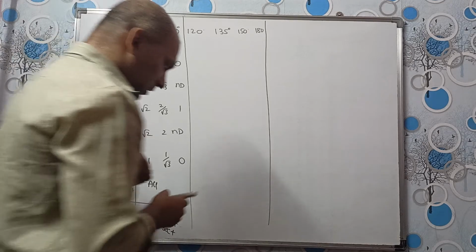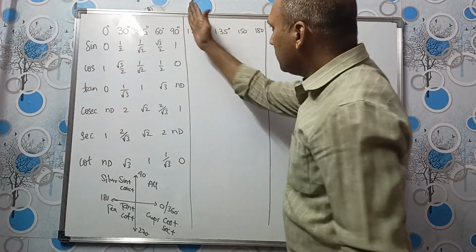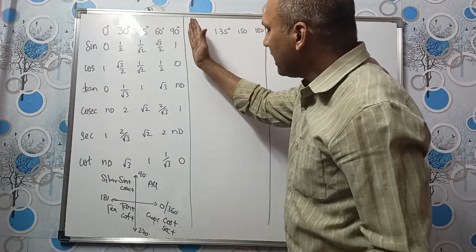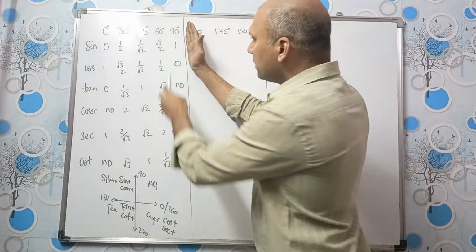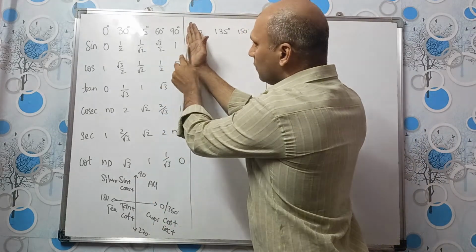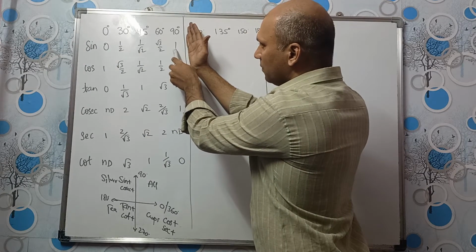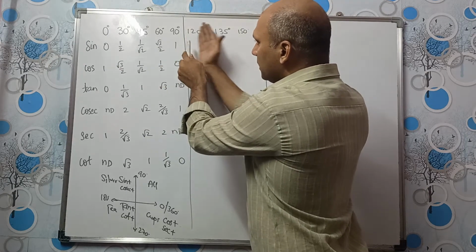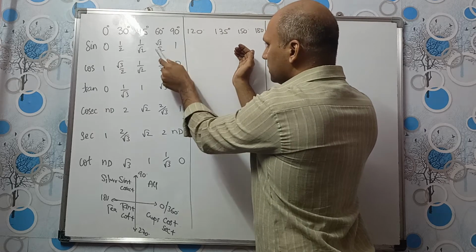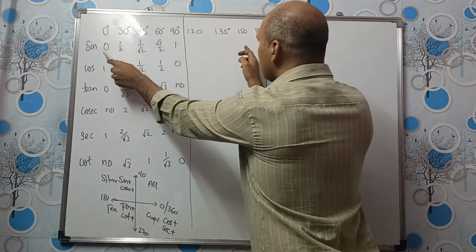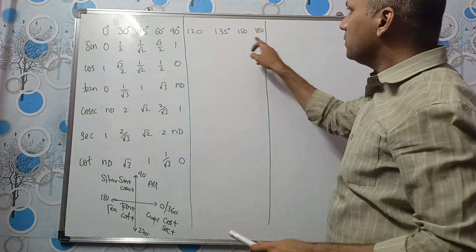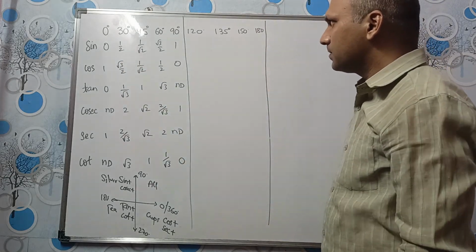See, it is like you are placing a mirror here. Imagine that you are placing a mirror here. If you place a mirror, this one value will be reflected first here, right? One value will be here, then this root 2, root 3 by 2 will be here, 1 by root 2 will be here, and 0, 1 by 2 and 0 will come here, right? Okay.